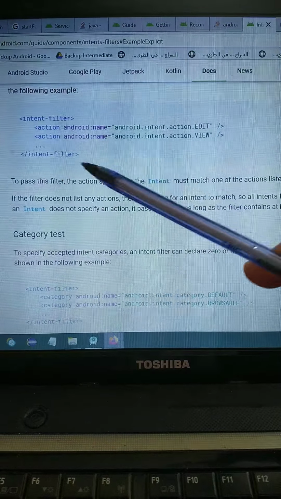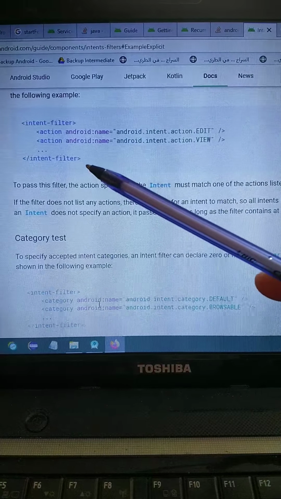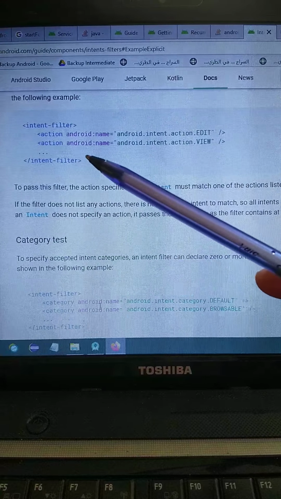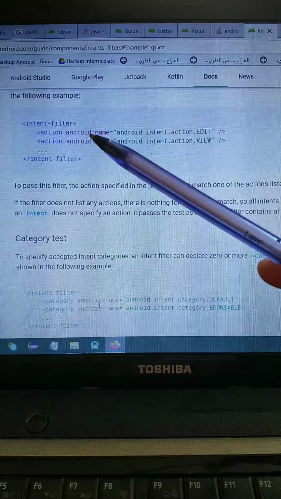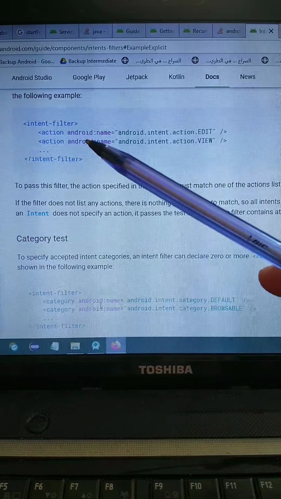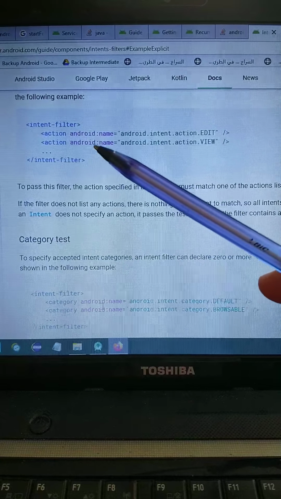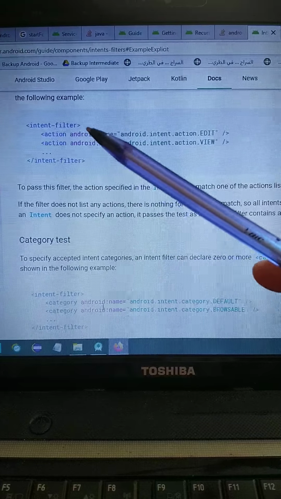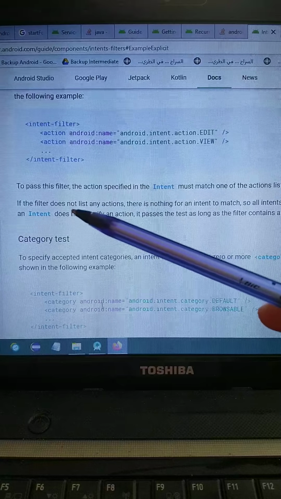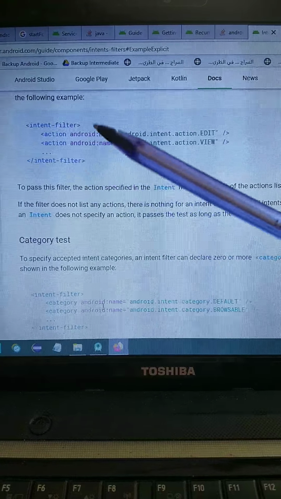So how does this work for the intent filter? Probably the activity or the component is filtering what the component can accept, what actions, for example.